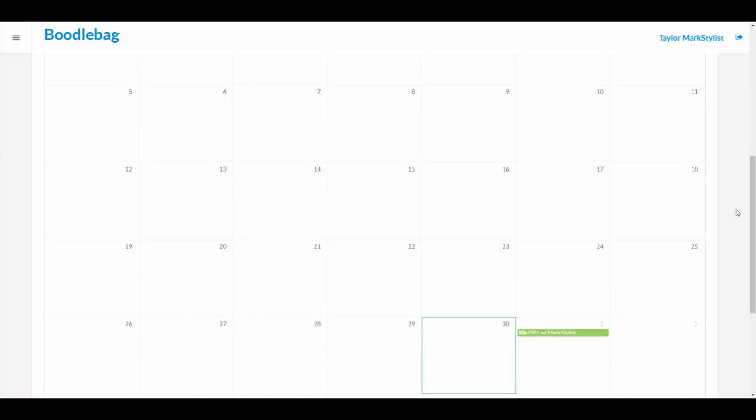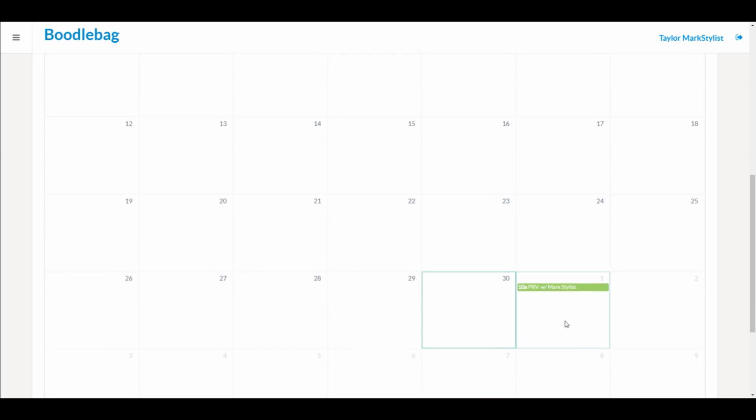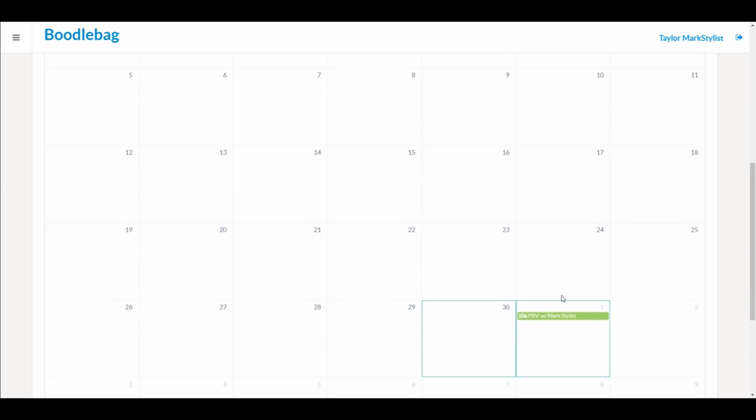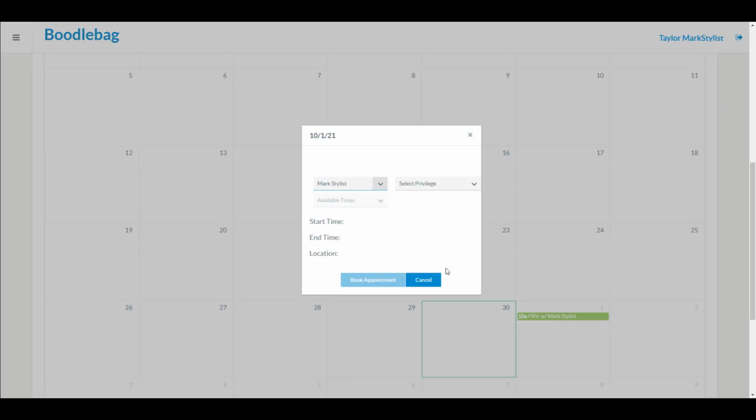So we can come here and try to book an appointment. So you can see, because it was booked for Taylor, this is Taylor's calendar. You can see that Taylor already has an appointment on the 1st. But if we wanted to book another one, we could. We could book another appointment for Taylor with Mark Stylist. I'm going to pick a time